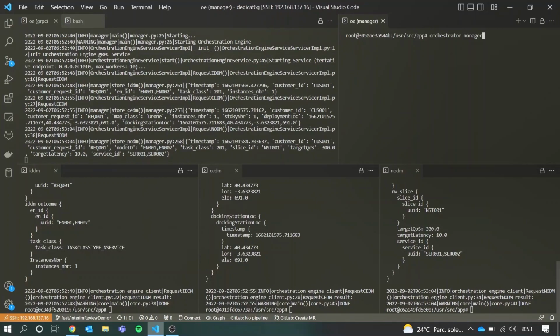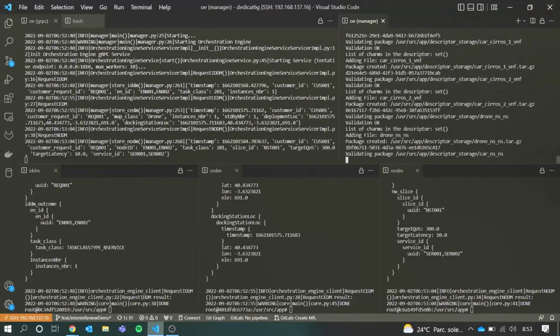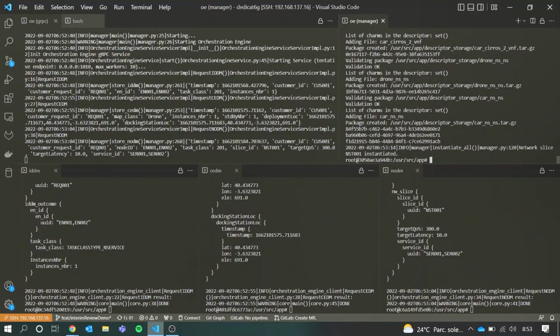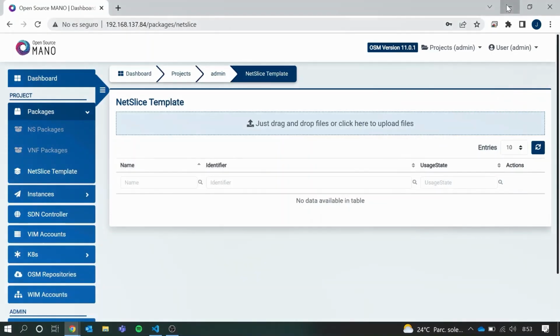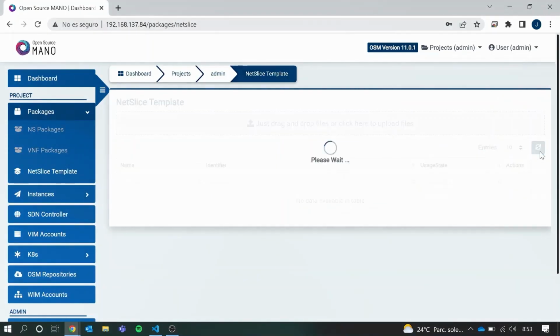Once the messages have been received by the server, for the case of this demo, we manually execute the operation related to the engine manager to first create the corresponding descriptor to define the network slice including the information just received, and onboard it in OSM for its later use, as we can appreciate in the message in the OSM client logs in the terminal on the top right. Then the instantiation of the network slice in the NFV system is requested.